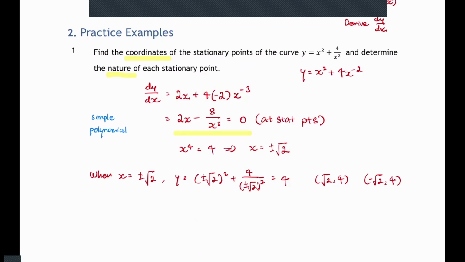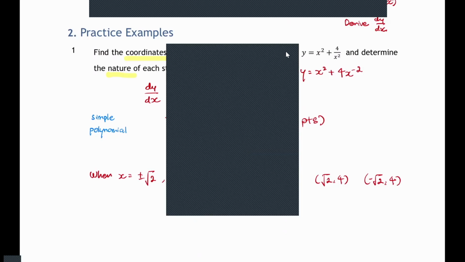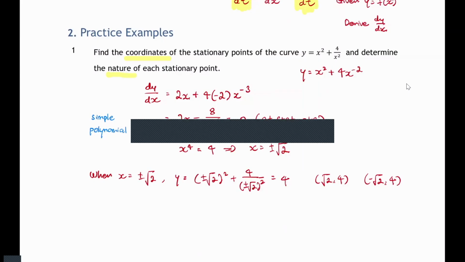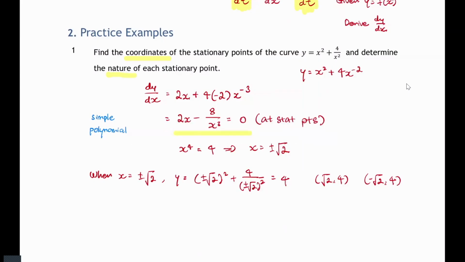Is the bar gone, or is it still there? Some blocking bars. Is it on top? Wait, I remove it now. The top, right? I think it should be okay already. Is it still there? Okay, nice. I think it's just the meeting prompt. Because I share screen with the Zoom, if people text or someone joins the room, the prompt will come up. Sorry, just bear with me for a bit. The recording won't have this.